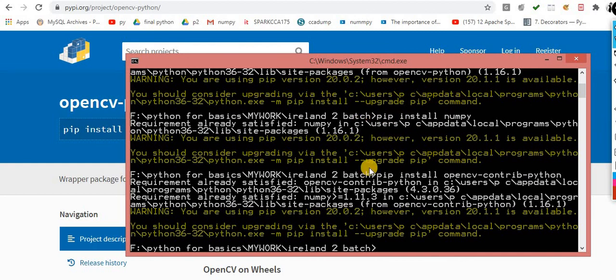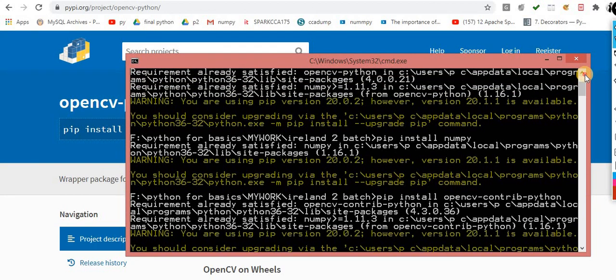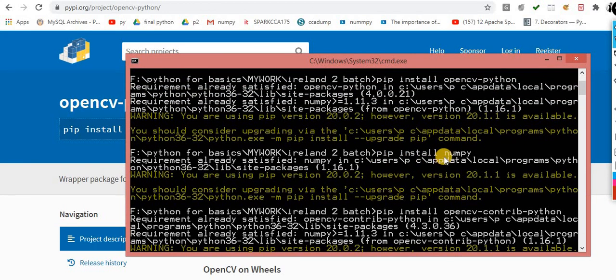So these three packages are required prior to playing with OpenCV, because we have to play with videos, and this package plays an important role in the context of videos. You can say it is the extension of OpenCV, contrib Python. So don't worry about it. These three packages are highly required when you are supposed to play with OpenCV for all kinds of things.